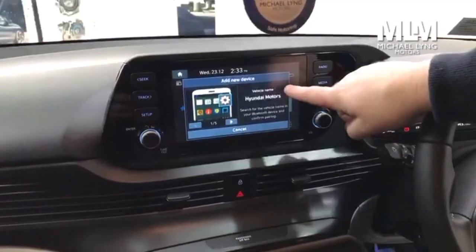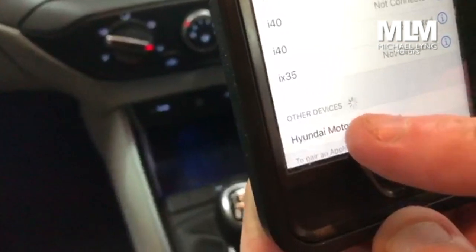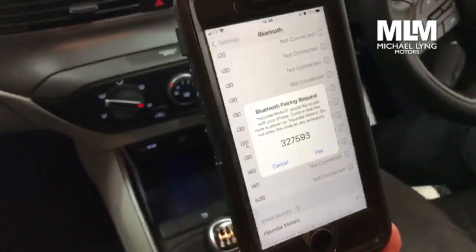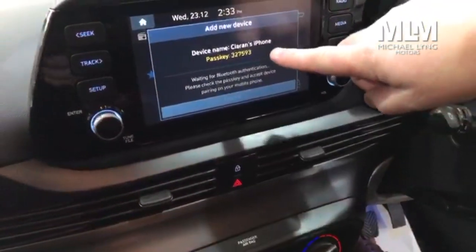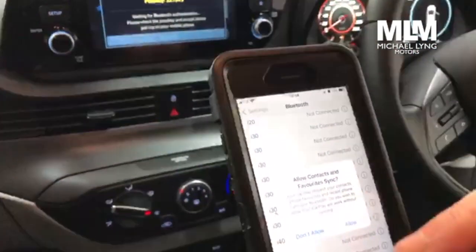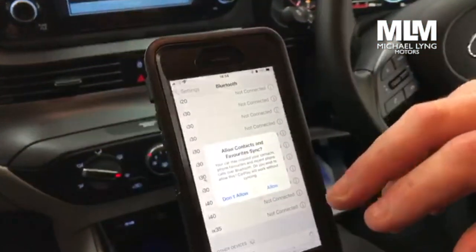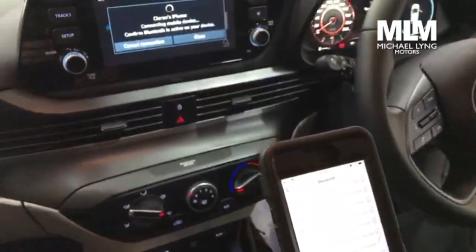As you can see, the vehicle name on the system is Hyundai Motors, and my phone has found Hyundai Motors, which is the car, and they're both now pairing with each other. The phone will give me a pass key. Just make sure it pairs with the key on the dashboard. Hit pair, and then allow contacts and favorites sync. So this means that the phone and the car will identify the contacts that are in your phone and the phone numbers. Pairing the phone